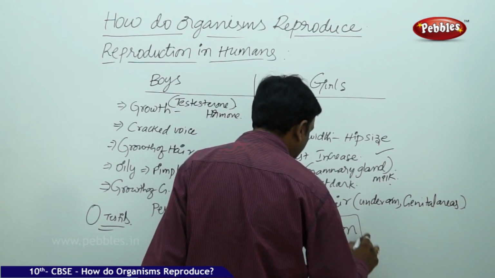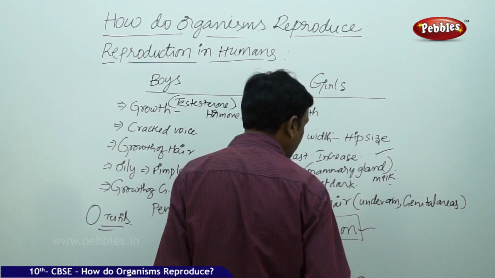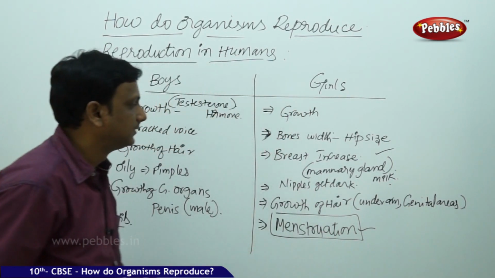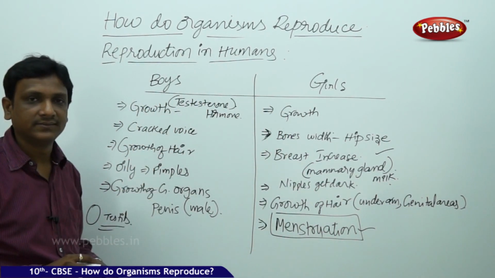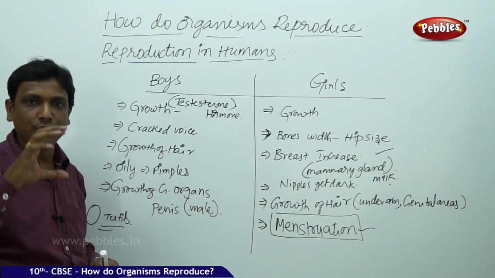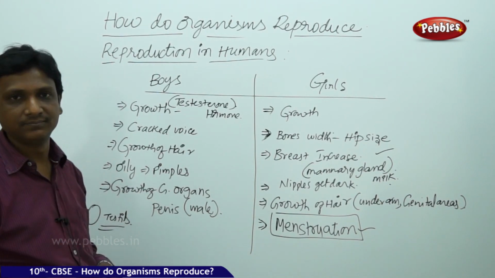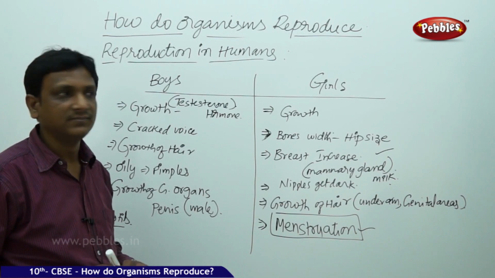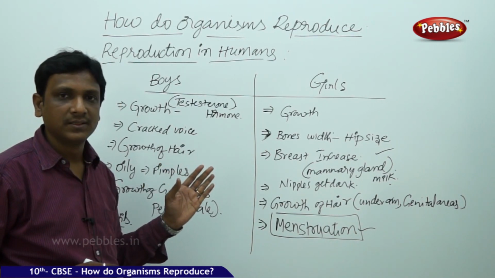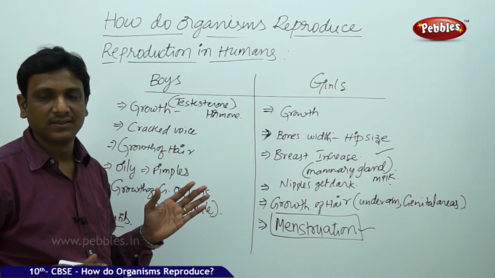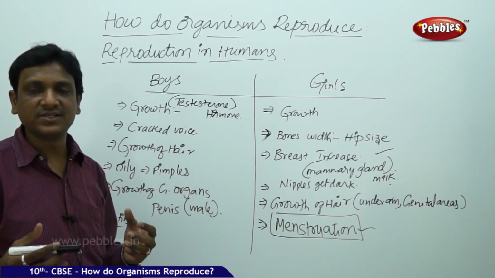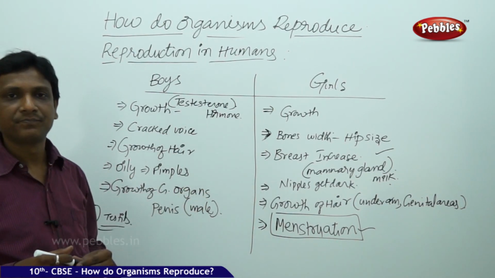It shows that the egg cells are released in the females. Menstruation starts in the girls. So these are the changes. All these changes do not happen at a single time in a single person. These changes may happen slowly, take some months. So you are aware of the changes that are happening in your bodies.